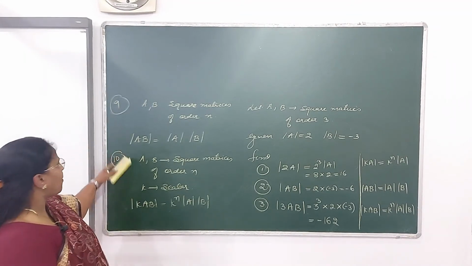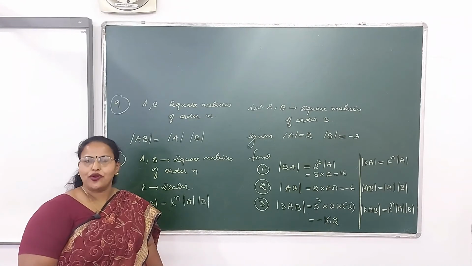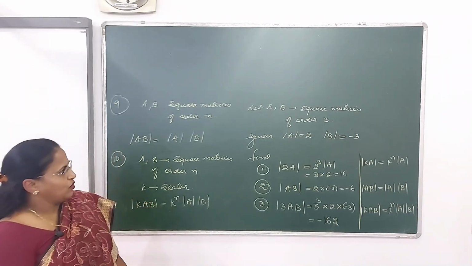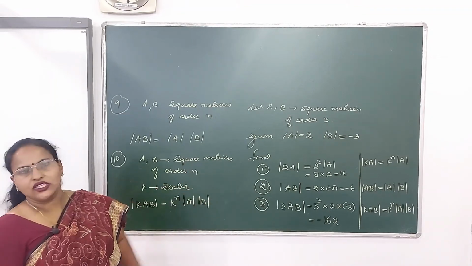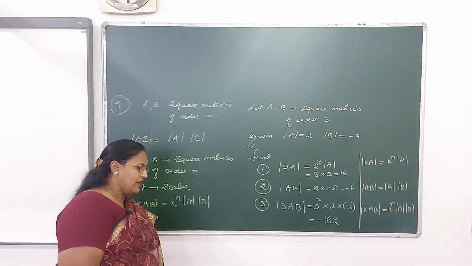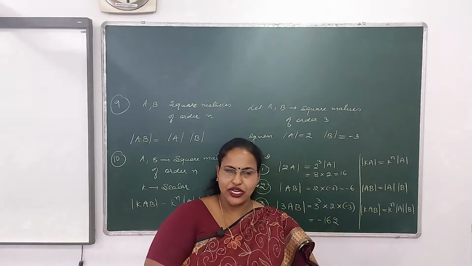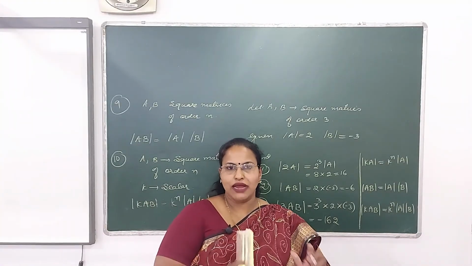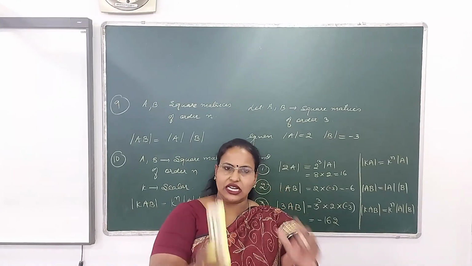So this is property 10. One more we'll do, that is the last property. So I hope children the method is clear. The question is based on the formula. Now one more thing, whenever we are doing questions based on direct formula, especially in board examination, it's mandatory to write down the formula, and that it should be very much clear.